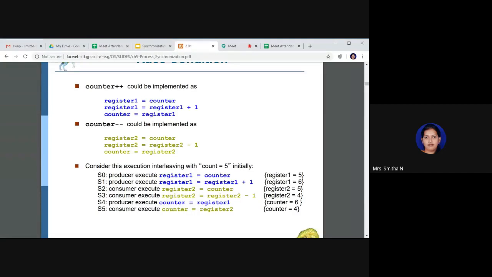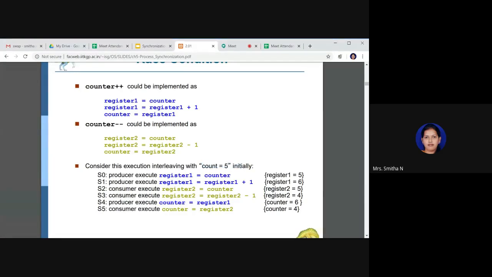So when we are executing cooperative processes, the execution steps, if you see here from S0 to S5, are all mixed up due to interruption and preemption. When they are mixed up, the resultant value achieved at the last, you can see here, counter value is 4. But the counter value is initialized, initially assume we have initialized counter value to 5. They have given it wrong here, it's not count, it's counter value. The counter value is 5. When counter value is 5, if you do incrementation it becomes 6.